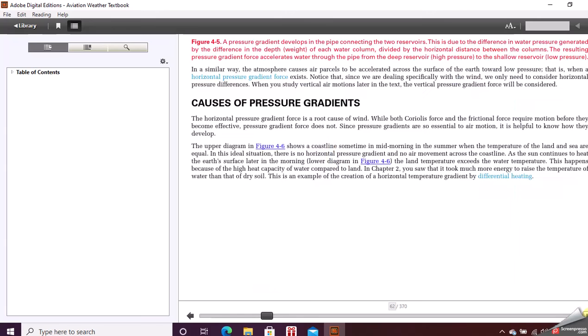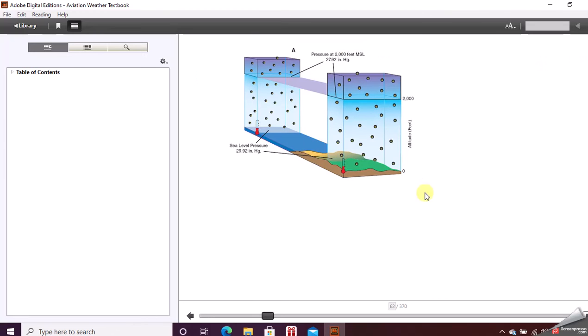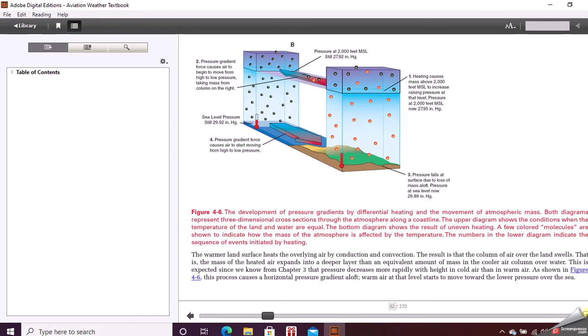So now that we've got that pressure, and remember, pressure gradient can be caused by density. The colder the air, the higher the pressure might be. Warmer the air, the less molecules might be there because they've been spread out, so that might be a lower pressure. It doesn't always work that way, or they contrast with each other, but